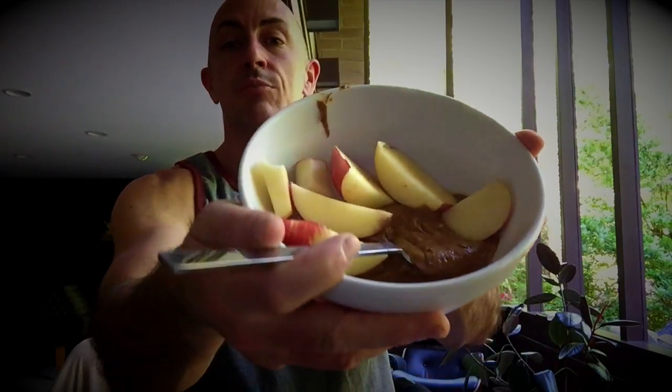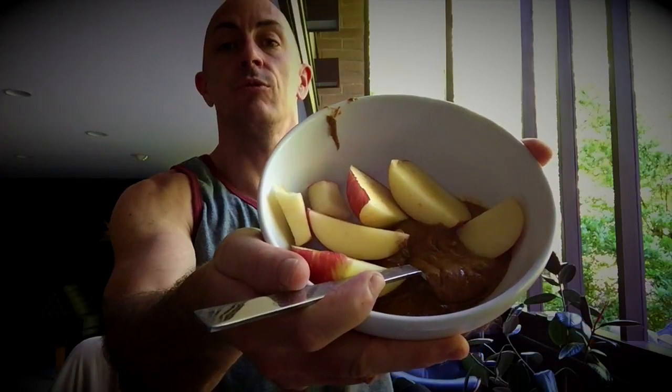It's been a little while, been super crazy busy at work, but I just got done with a super awesome workout. I'm fasted. It's been maybe 12 hours. I'm gonna break my fast with an apple and 2 big scoops of organic almond butter. And this is gonna be a great way to break my fast, and then we're gonna have some food later,